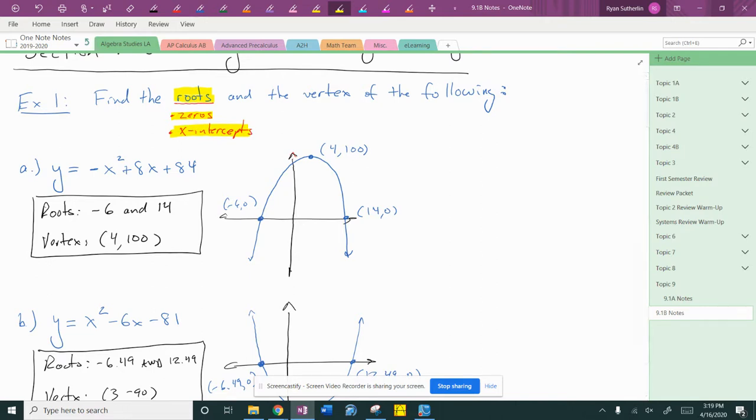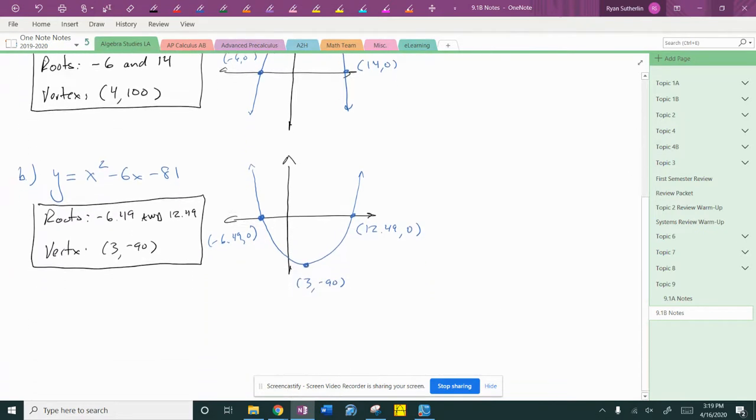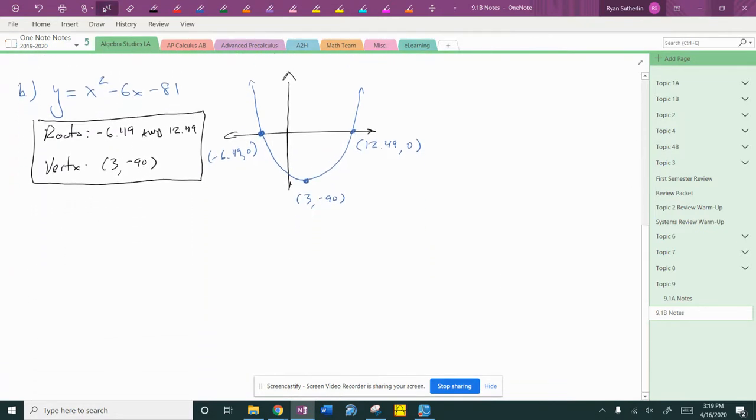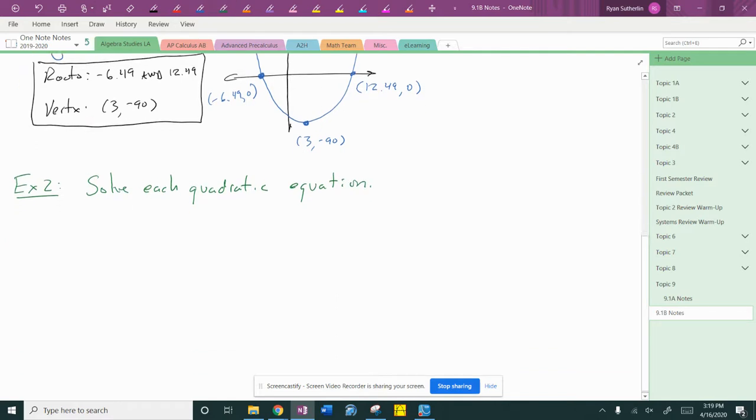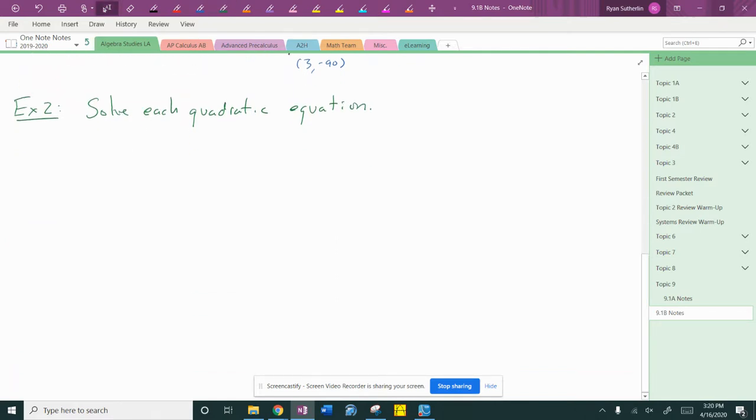All right, second topic I want to discuss today would be doing this same type of problem. So I'm not going to change the directions. I'm going to call this example 2 though. But I'm going to say this time, let's just solve each quadratic equation. So we're not going to worry about finding the vertex. We're just going to solve the equation. So this is what you did yesterday,